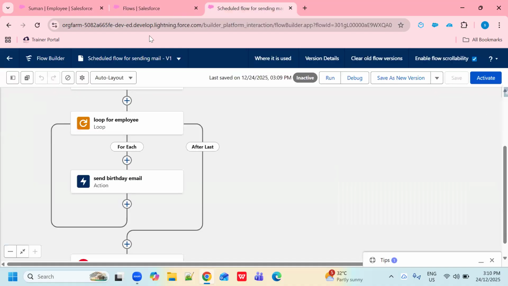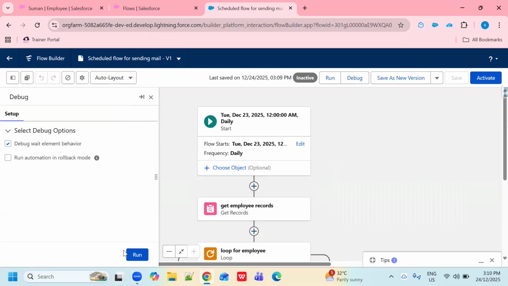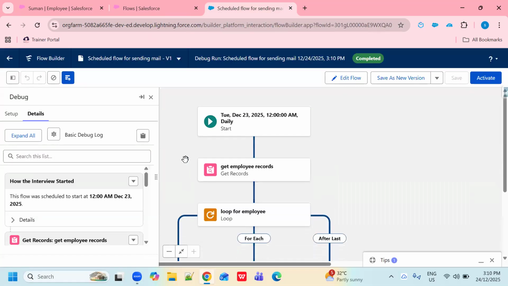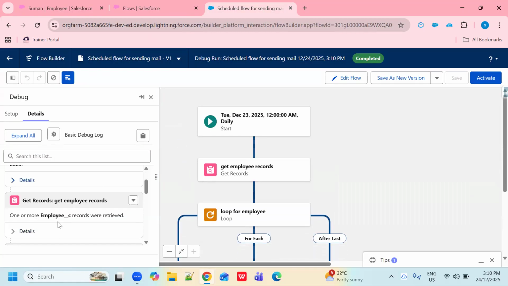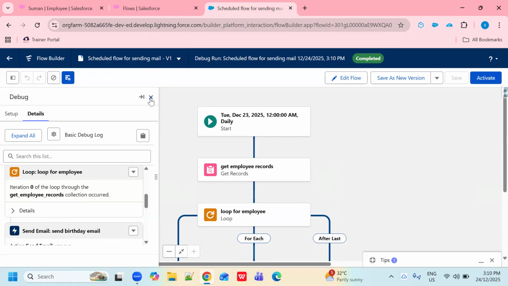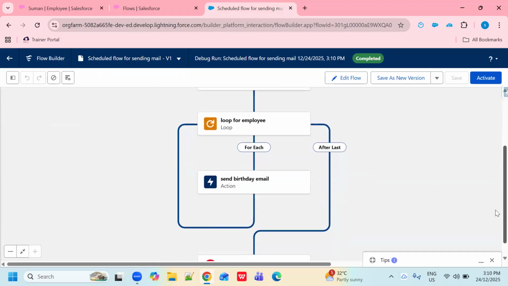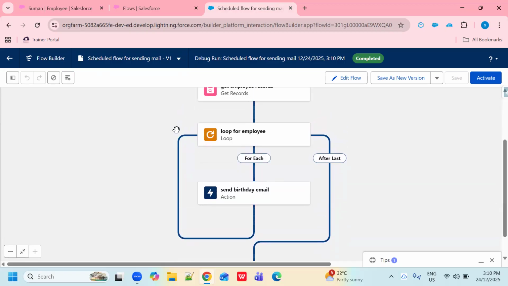So now come to our flow, and one more time I'm going to debug this. So this time here you can see it gets one record, right? And if I close this, you can see all lines are blue here in my flow. So it means my flow is running fine, right?